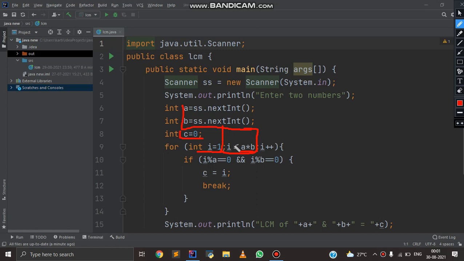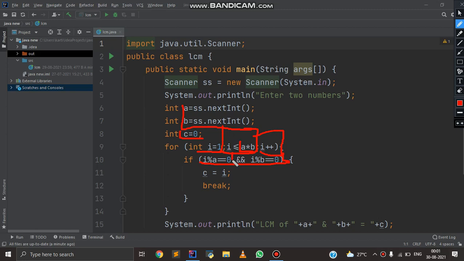So for that we have to find the maximum number, or we can do this thing, a into b, and every time the loop updates with 1. And now here is the main condition for checking the factor. If the factor is same for both the conditions, here you can see and stands for both conditions.